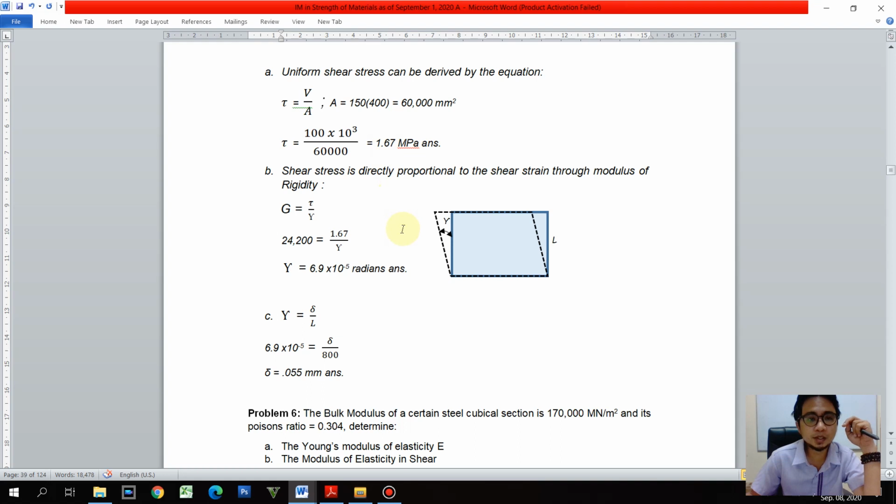Okay, so letter D question. The bulk modulus, compute the bulk modulus if 180 megapascal stress acting on each side had caused 0.25% volumetric strain. So again, we'll just have to replace the given here and then come up with the stress of 425